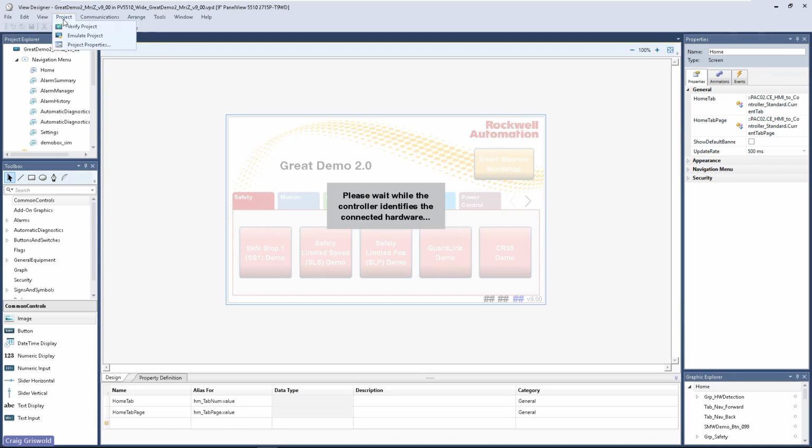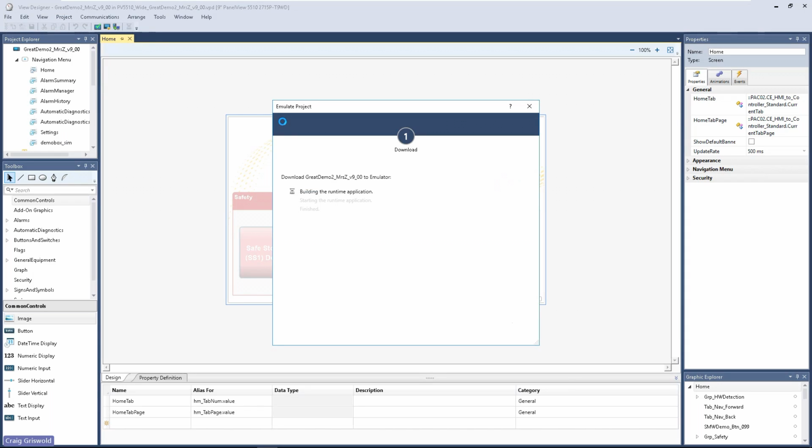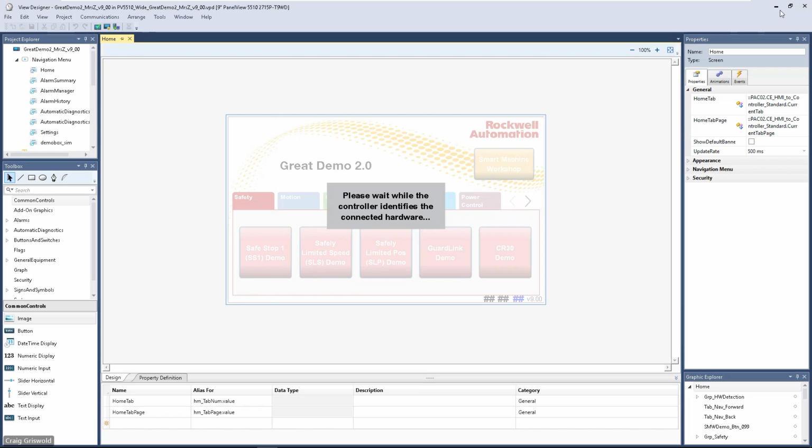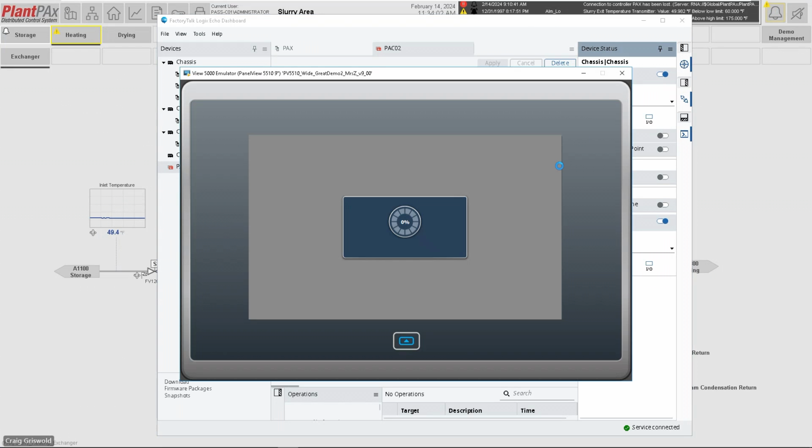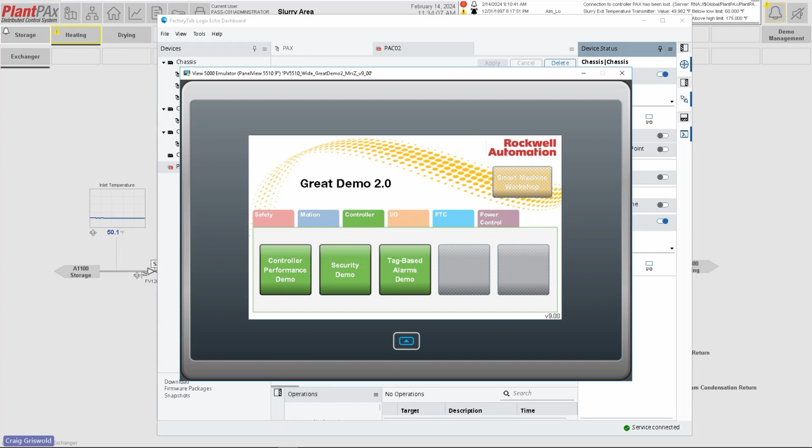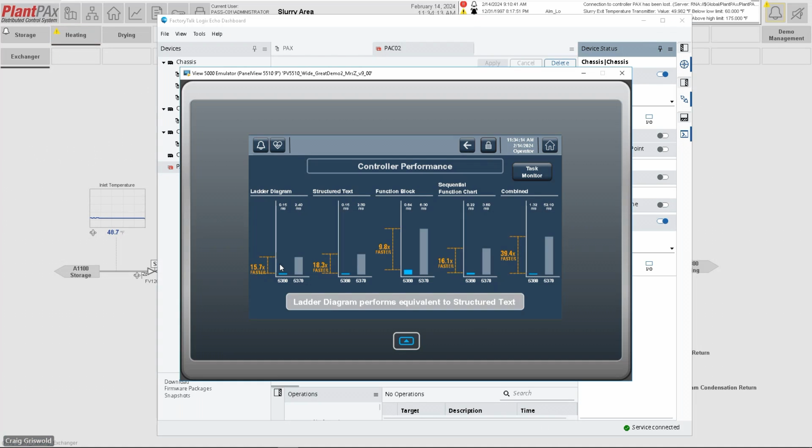So I showed, my project ran out of time. That's what happened. So I can emulate a project for Studio 5000 as well. That went a lot quicker. And then when this comes up, I want to go through some tech notes as well. So I am online with this Compact Guard Logix that's hosted in Echo. This is just kind of showing controller performance as it goes along, because I don't have any physical I/O to show you right now. Some other things to keep in mind for